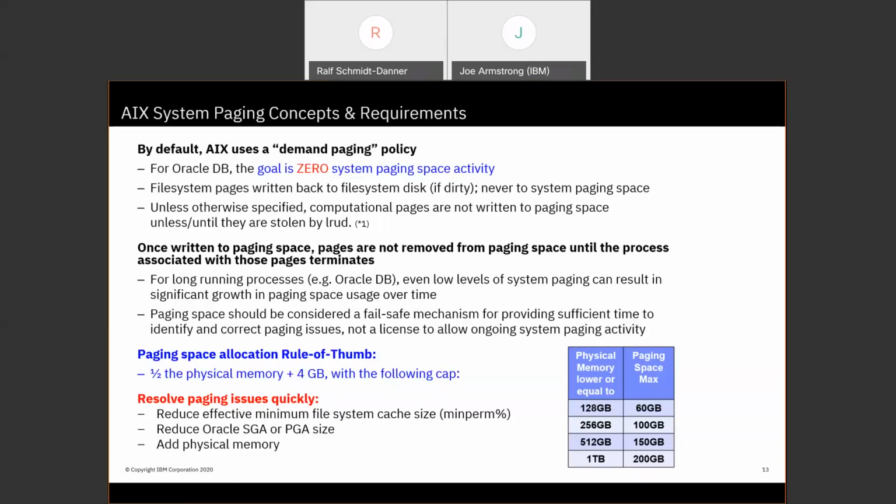Once pages are written to a paging space, they will stay there until the process those pages belong to is terminated. So why is that important? An Oracle database is typically running for a long time. So it's not just an hour, but it may be days, weeks, months. So even a very small amount of paging to paging space caused by the Oracle database can lead over time